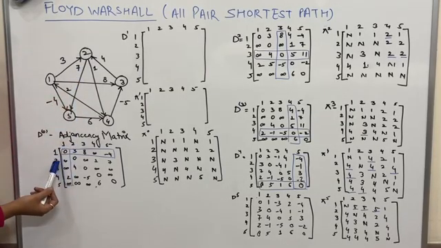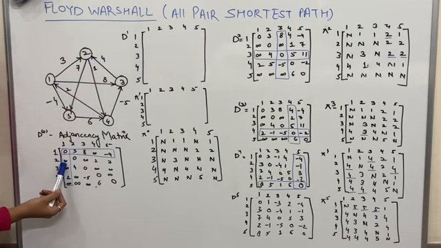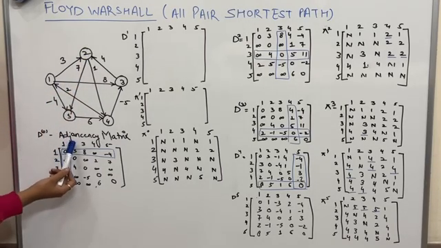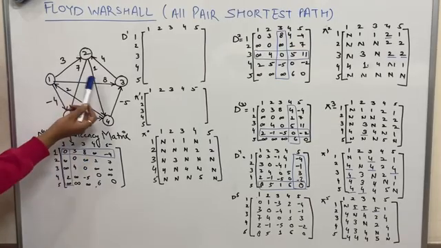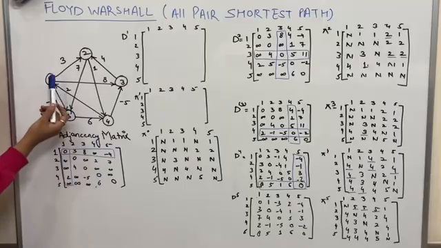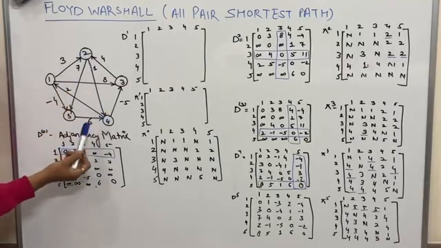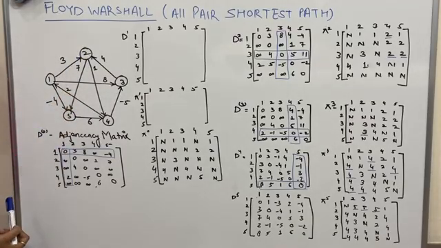Now let's see, is there any path from 2 to 1? No. So we take this as infinity. Now 2 to 2 is 0. Same source and same destination node weight is 0. Now 2 to 3 is infinity because there is no direct path from 2 to 3. Now 2 to 4 is 1. 2 to 5 is 7. Here it is. And this rule follows for each and every node, and we create the distance matrix, the adjacency matrix